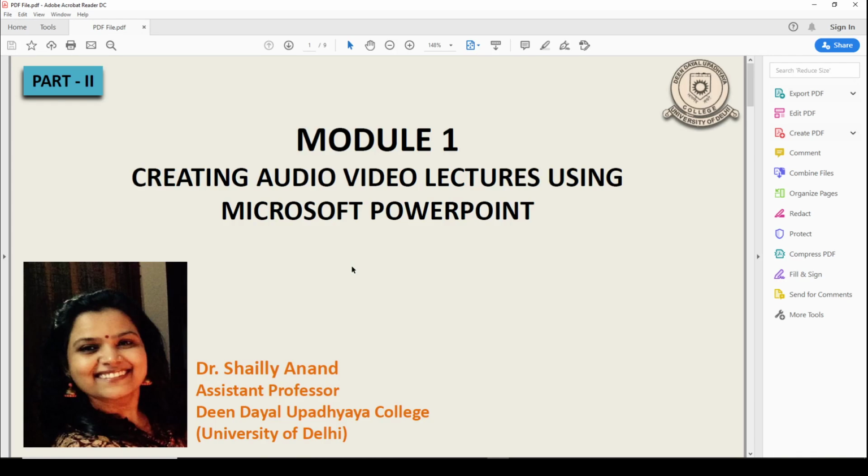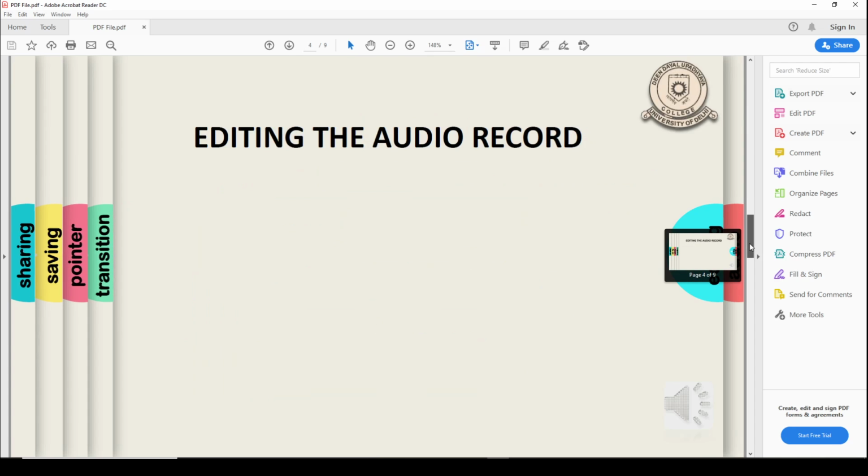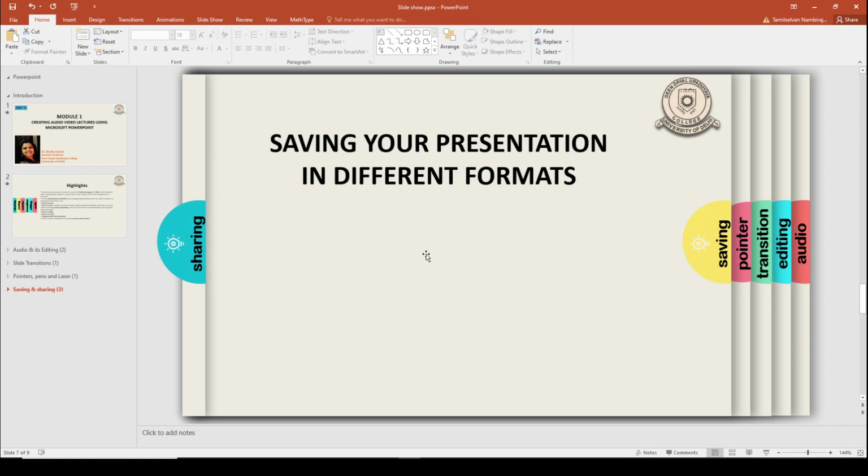So you can see how it opens up. This is a PDF file of the same presentation, and each of these slides has come up as a new page in my PDF document. See? Again, this cannot be changed. Wherever you might type, you may click anything, but it doesn't change. It retains the format in which you have created your content, and it prevents anyone from disturbing that content. So these are the different ways in which you can save your presentation and how you can create a video lecture out of your normal presentation.